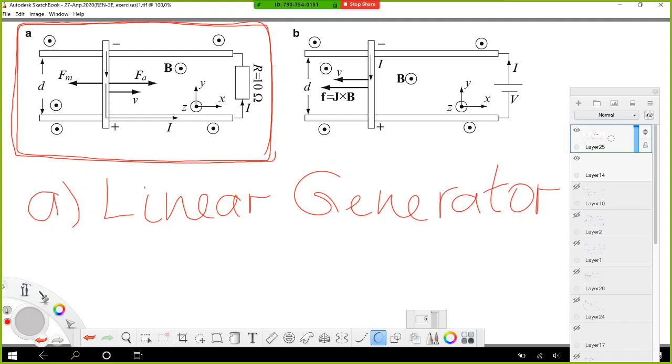When we move the bar with some constant speed v in some direction, there occurs